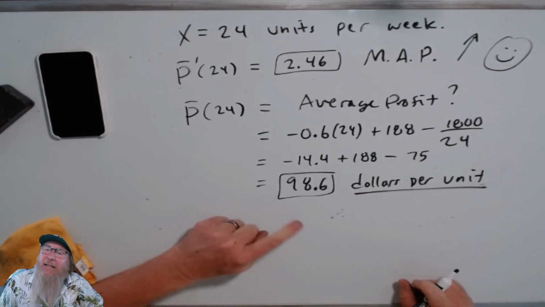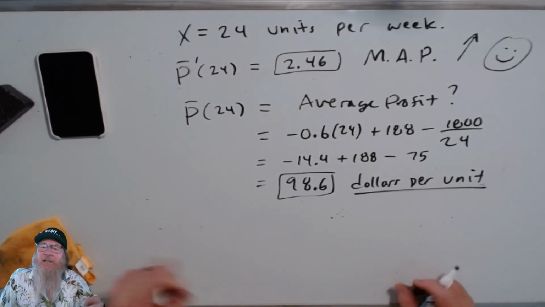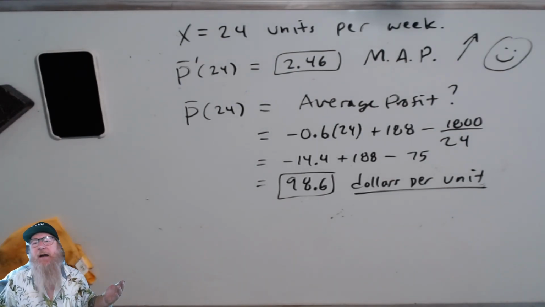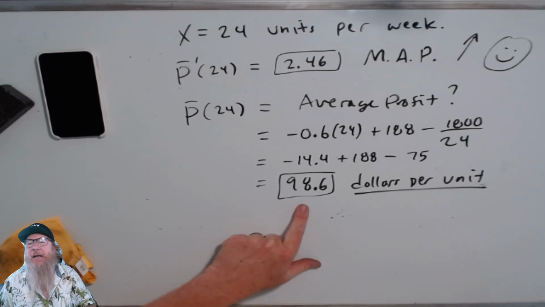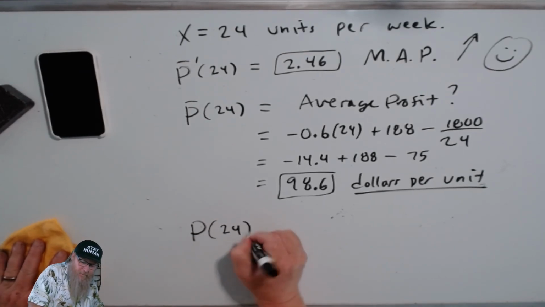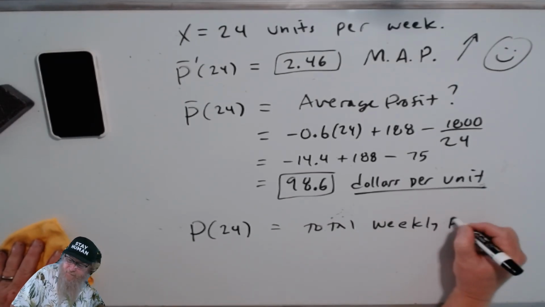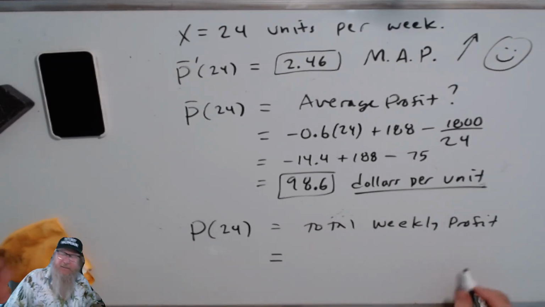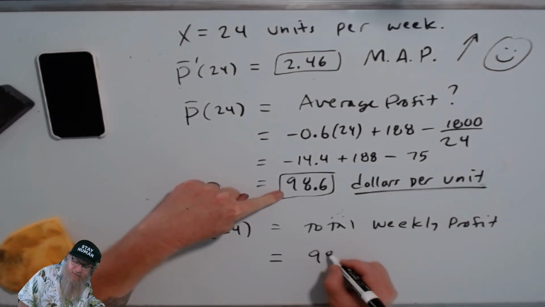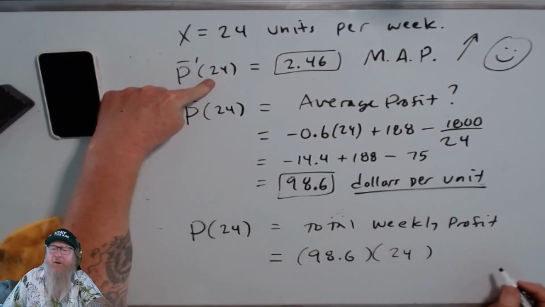Profit, by the way. That's my money if I'm the entrepreneur. Much better than revenue. And sometimes you get a very large revenue and you get excited, but you can't keep all that revenue. It's the profit you get to keep. That's your paycheck. And then the total weekly profit. Watch how easy this is. You take the average, 98.6,